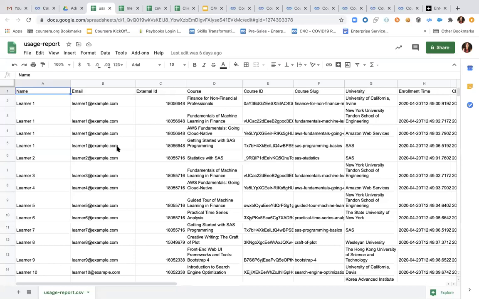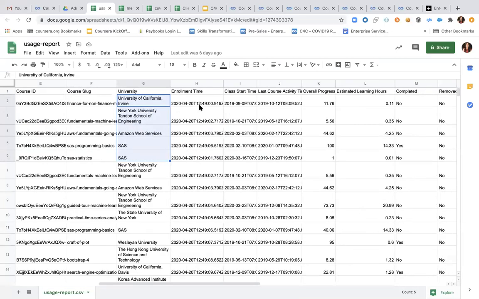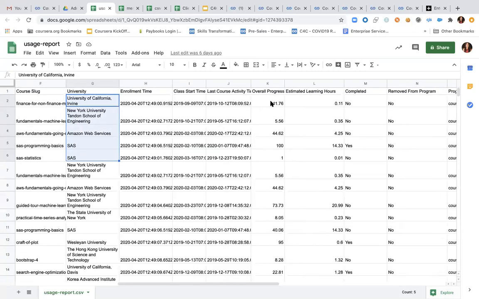The usage report gives you details about each course a learner has enrolled into. For example, if I have enrolled into say 4 courses, I will have 4 rows here. Learner 1, what is my email, external ID, and then what are the 4 courses that I've enrolled into, which university these courses are being offered by, when did I enroll in the course, when was I last active on the course, what is the overall progress, this is in percentage, how much of the course I've already completed, and